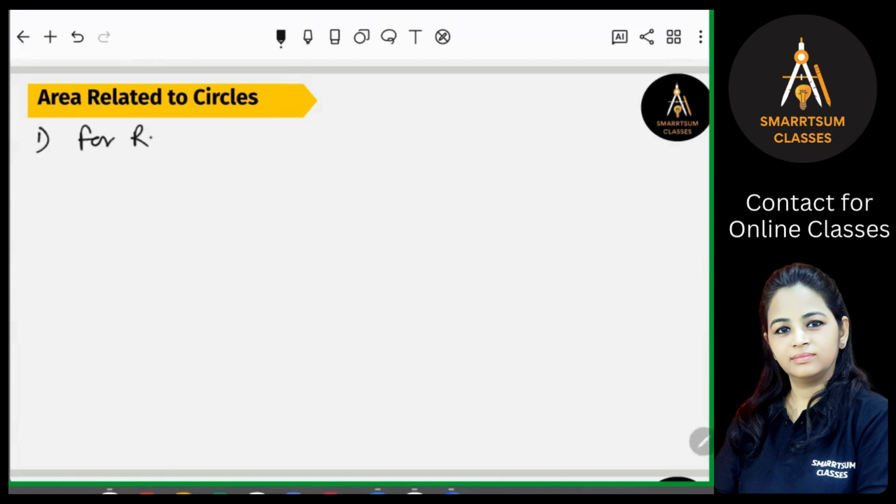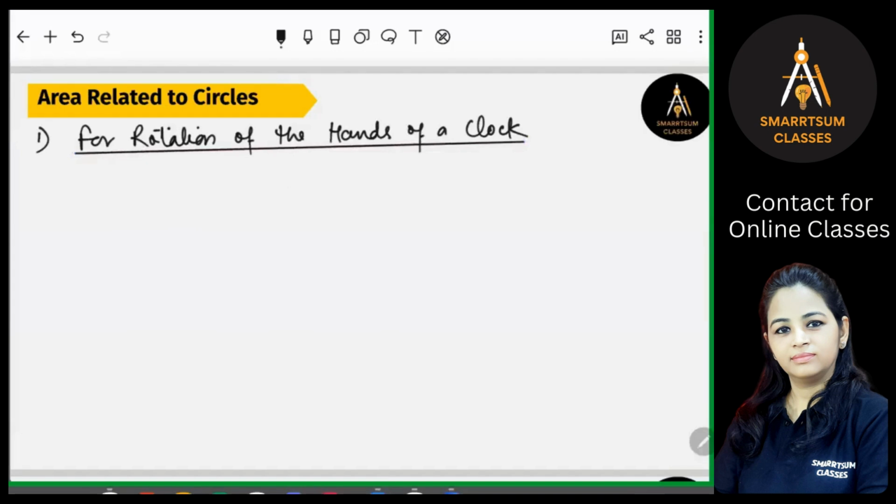For rotation of the hands of a clock, because the questions we are going to do are based on these types of things, like hands of a clock, maybe sometimes rotating wheels, right? So we should know these things about it. So for rotation of hands of a clock, we should know that